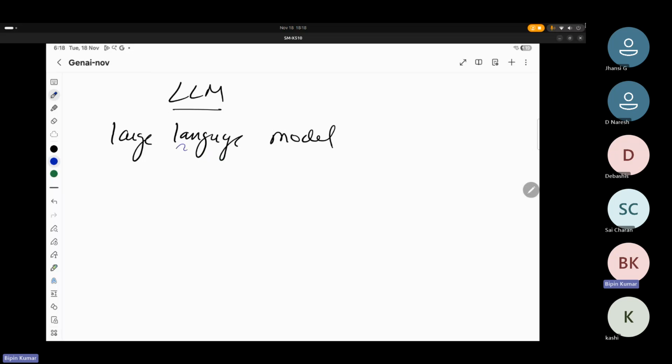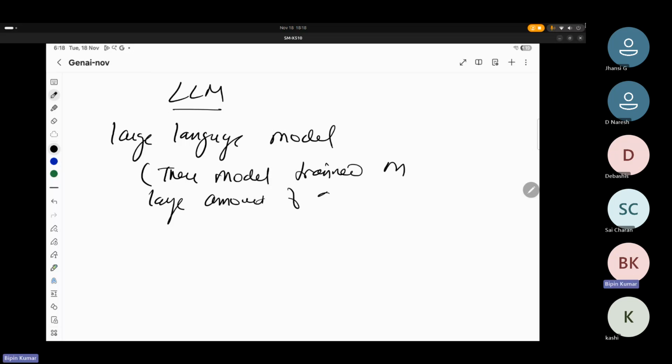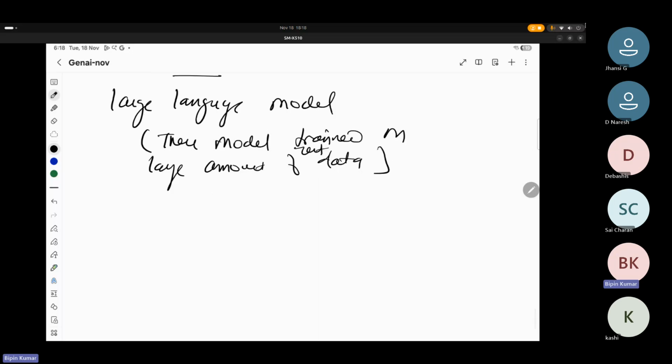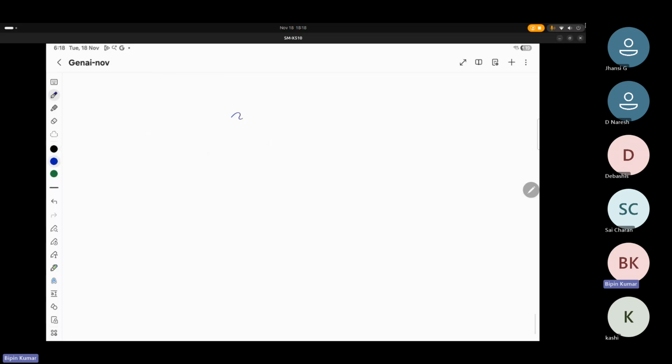So LLM is a large language model. These models are trained on a large amount of data, large amount of text data. Okay. So now again, if I go back to